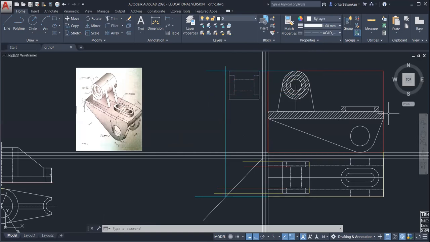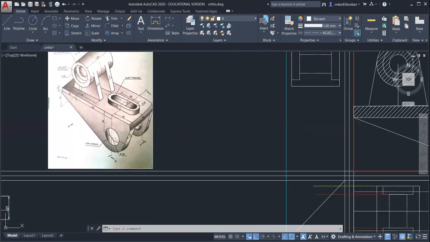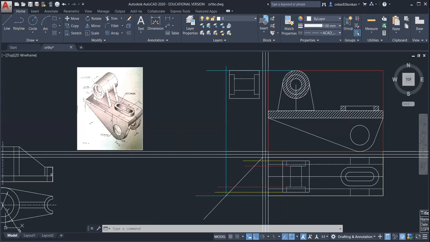Now we can take the projection for this line. So that will represent the rectangle in the side view.